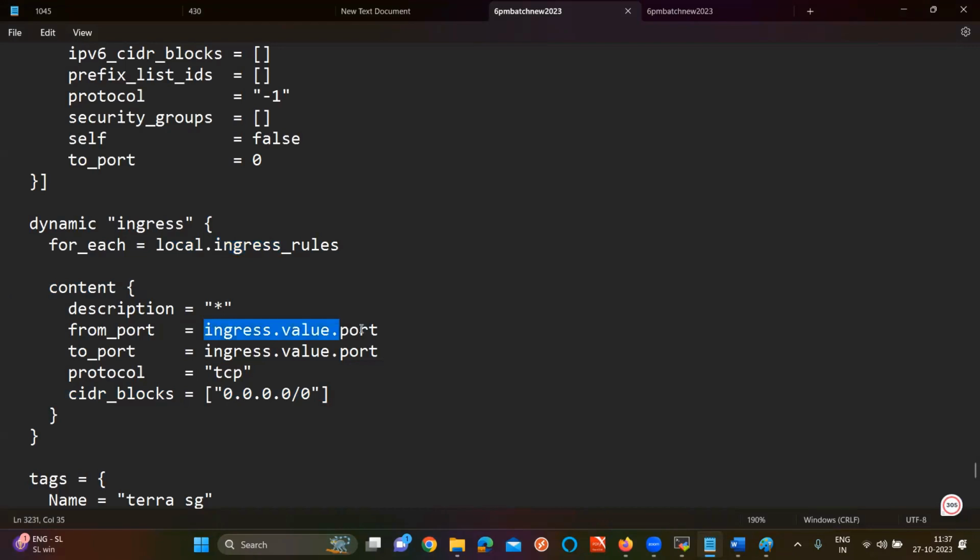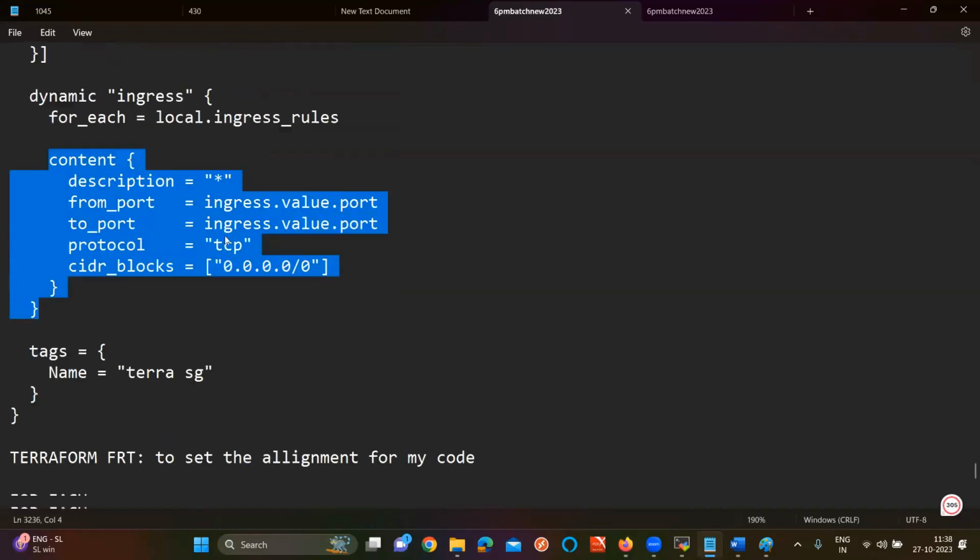First value 443 from port to port. Second value 80 from port to port. Third value 8080 from port. So like this, my code is going to run repeatedly until the blocks are completed. So the dynamic block is going to reduce the length of the code or not, sir? I write the code only once, but I am using it multiple times. This is what the dynamic block is going to teach us.